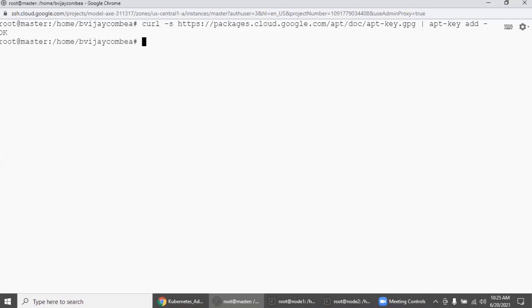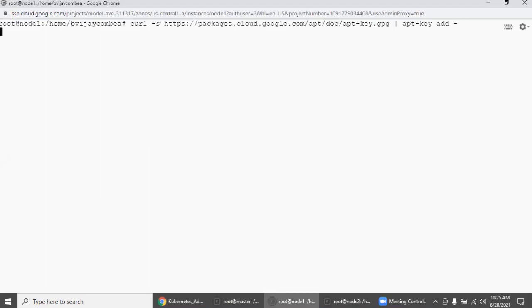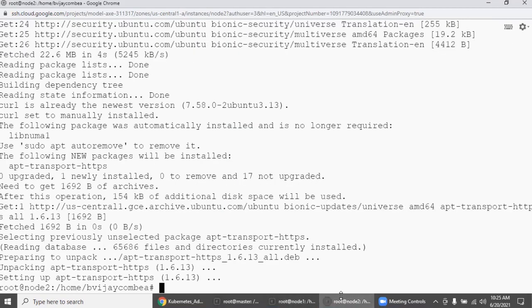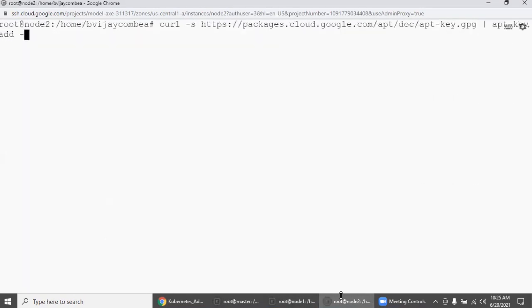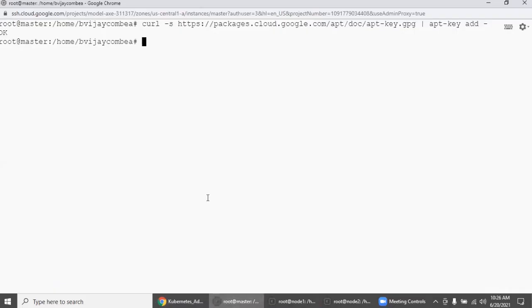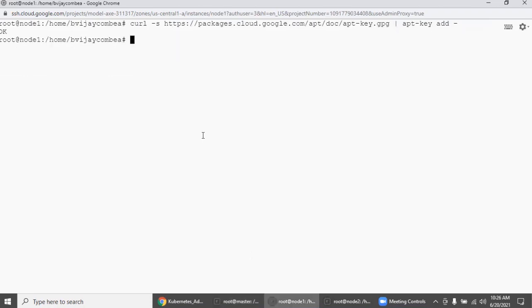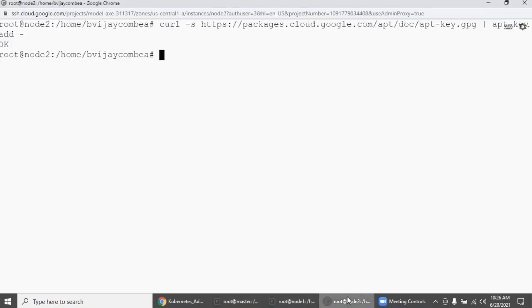I'm just adding the package verification. If you don't add this, then while installing the package, you will get an error. Now we are adding the repository. You also do the same one by one as I'm doing in this video.